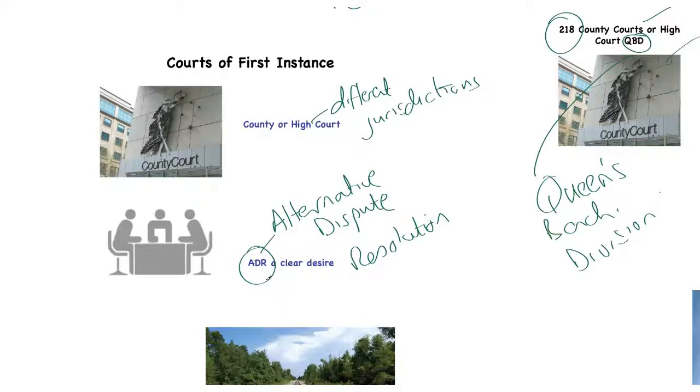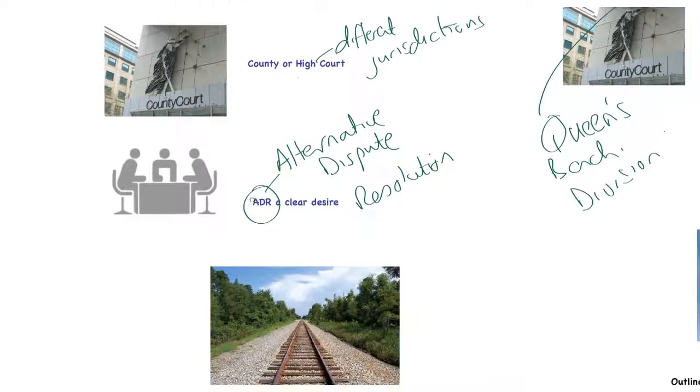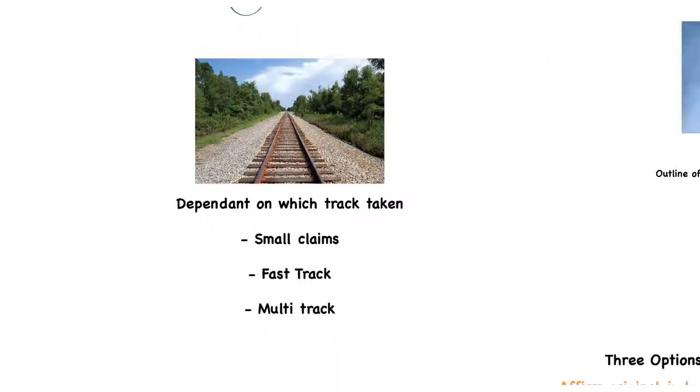There is supposed to be very little difference between either the county court or the high court, but there are some minor differences in terms of the procedure we go through and the settlements that can be had. The reality is that cases are heard dependent on which track they take. I'm not going to explain these now because I'm going to explain them in the next video on procedure to trial. But essentially, the decision as to which of the courts, the county court or the high court, a claim will be heard in will in part depend on whether it is assigned to the small claims track, the fast track or the multi-track.